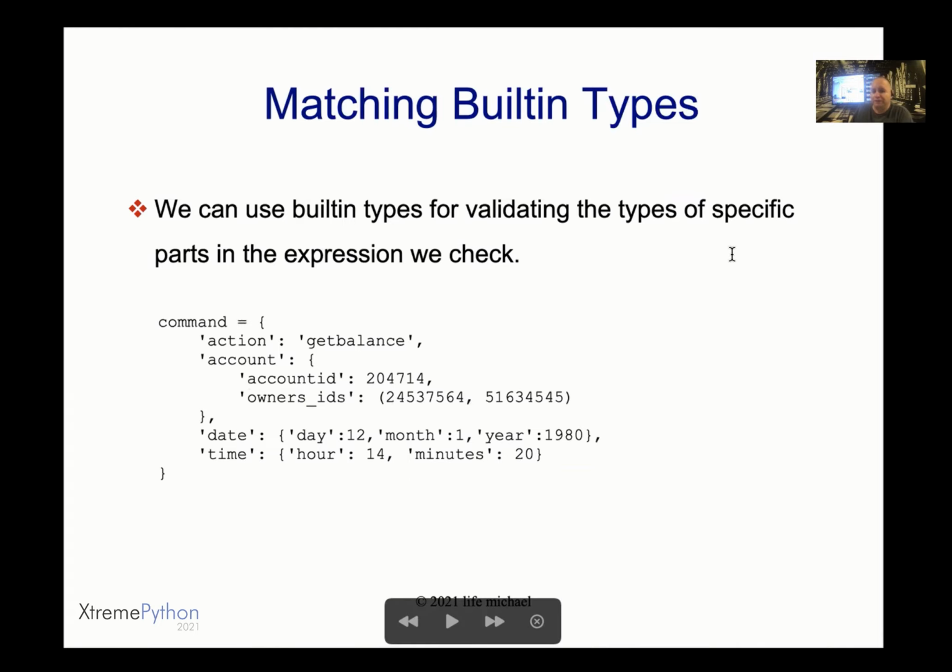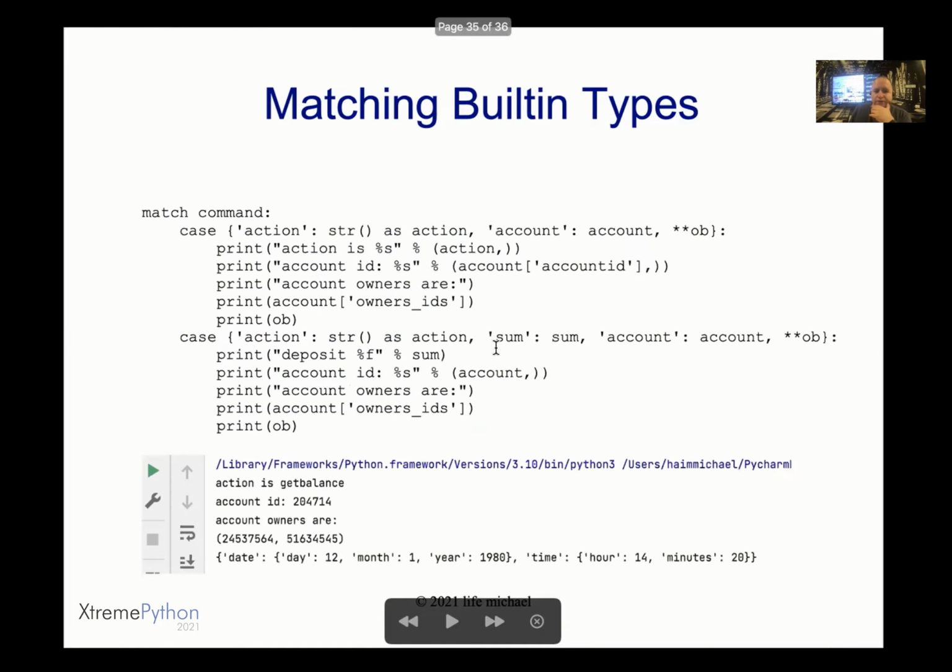we can use built-in types for validating the types of specific parts of the expression. For instance, in this case, we have the variable command assigned with the reference for a dict object, and that dict object has 1, 2, 3, 4 key value pairs. The first key value pair is actually the key action, a string, and its value is another string. And over here, you can see that I used the function str, which is actually the name of a class, just to add one more check, one more validation check to